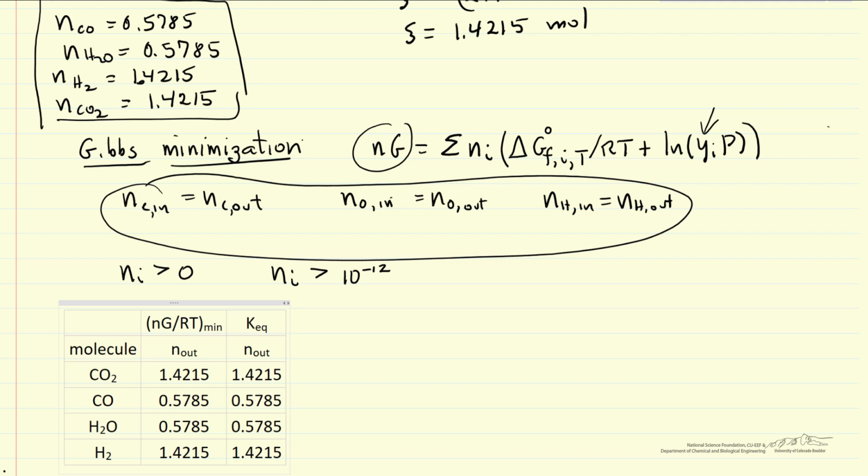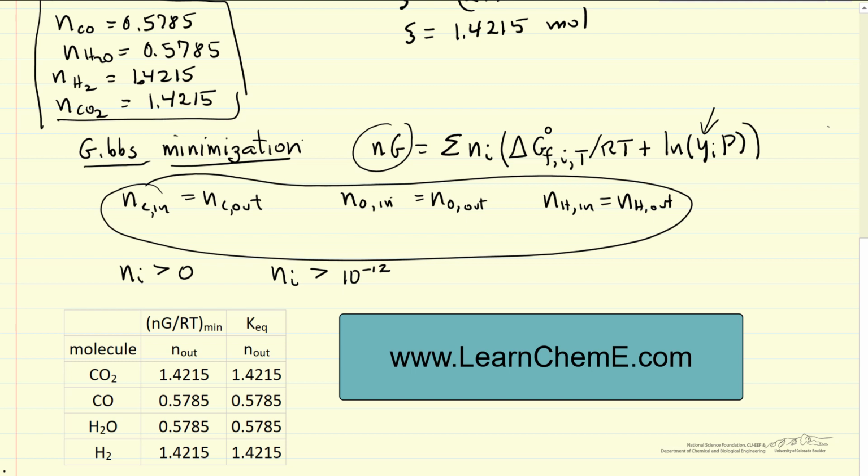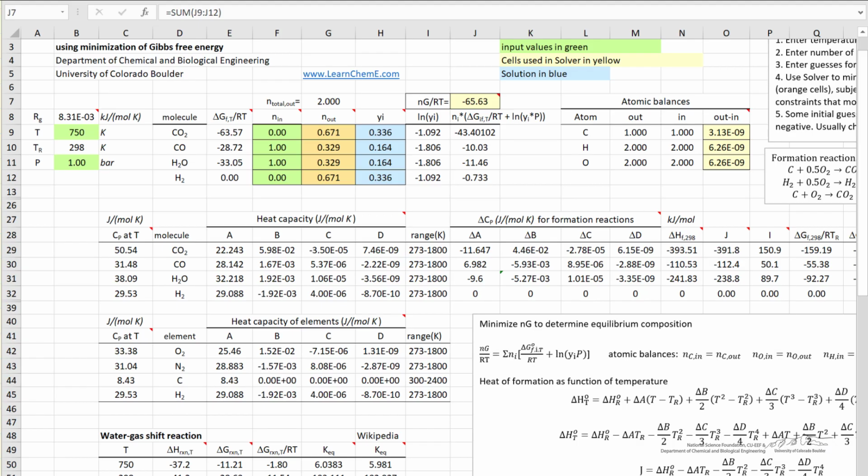So that it's possible to study it in a little more detail, the spreadsheet is located at the LearnChemE website, learncheme.com. I'll briefly describe it, and another screencast will go through this type of spreadsheet in more detail. The idea is we have the number of moles coming in, and we make guesses initially at the number of moles leaving, and then we're minimizing this cell that's in yellow using Solver, and we have the constraints, which you can see are satisfied: the number of moles of carbon coming in equals the number of moles of carbon coming out, likewise for hydrogen and oxygen.